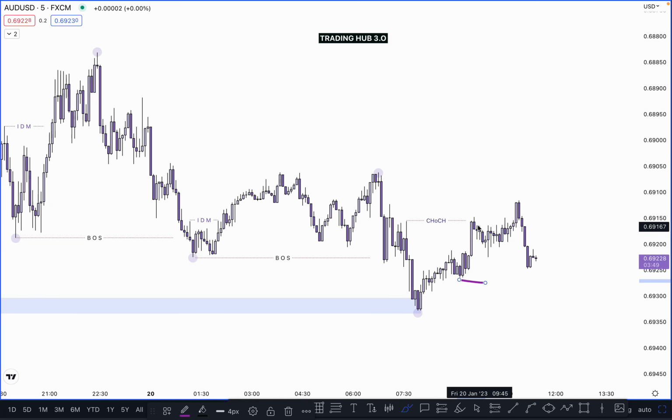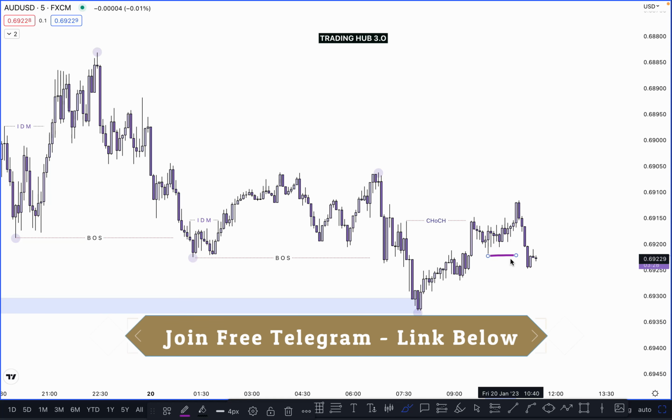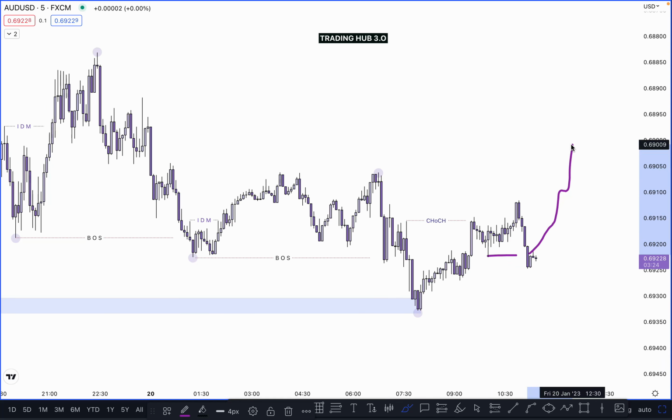So price break here, and where is our pullback? This one. But market not break this one and create new pullback here. So after taking out this inducement, like this previous high broken, where is our pullback? Actual pullback is here, and this one is also pullback, but I'm counting this one because this is our entire move. So market taken out this inducement, and we can buy here to find unmitigated POI, to find unmitigated order block, and then you can buy in bullish market.